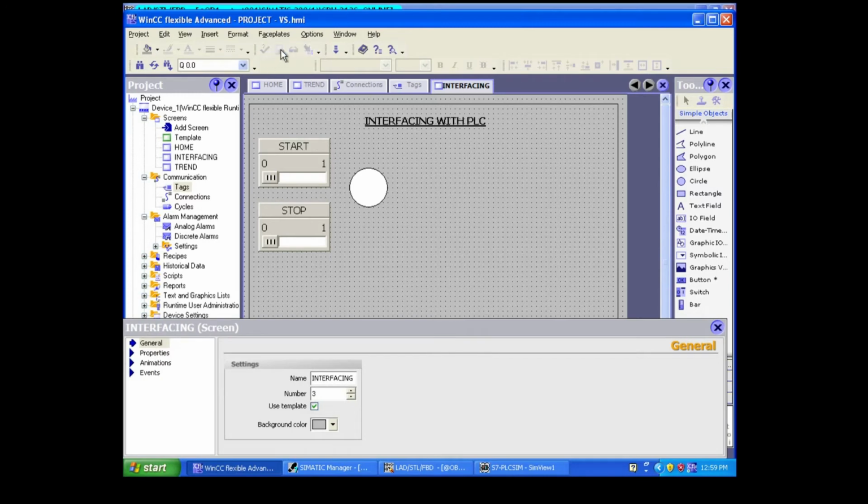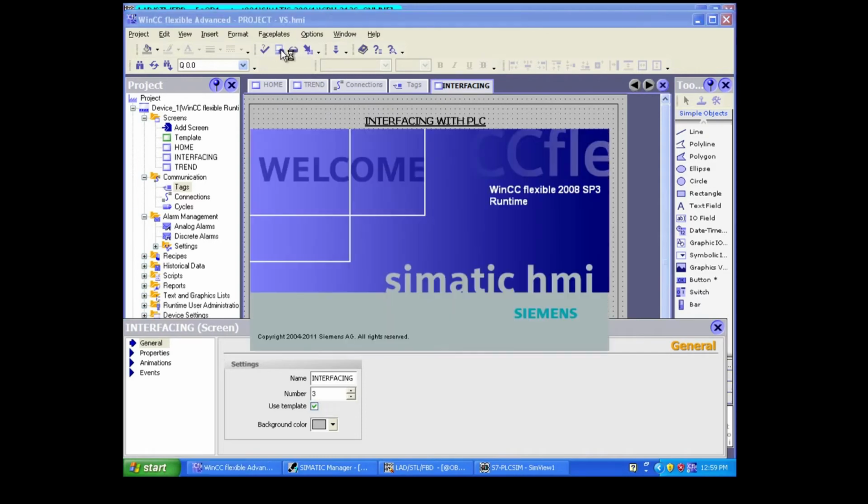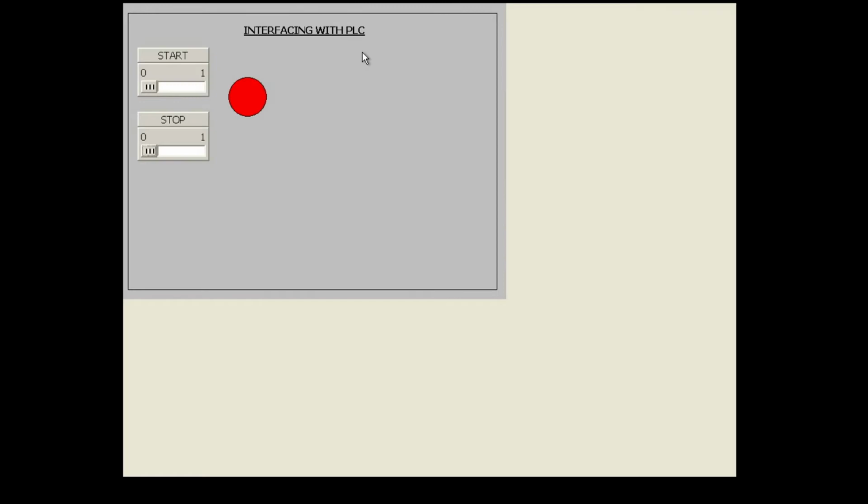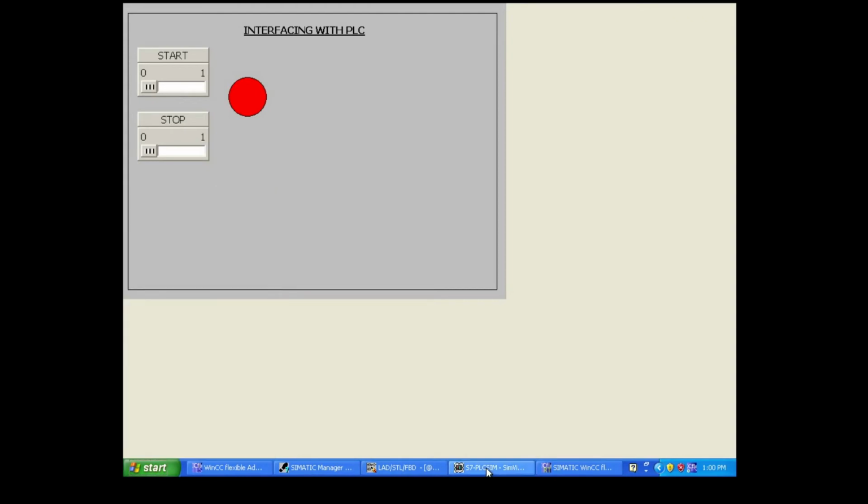Now what is pending? Now the simulation part is pending. Let's go for the simulation. Go to interfacing. Yes, now it is in red color, no? Can I change here? I'll change here. See, it is not keeping over there, right? See, I'm changing, but it is not happening. Again, it is going back to its place. Why? Because in WinCC, you cannot control your PLC from SCADA page.